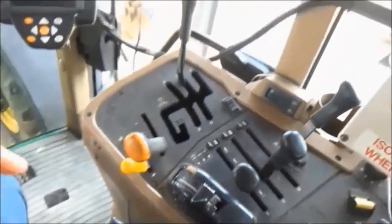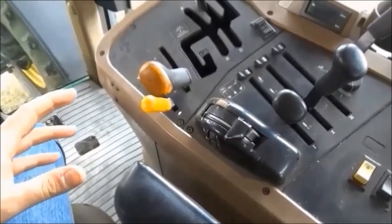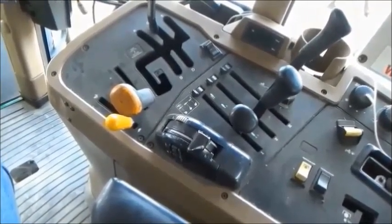And where in the 55 you obviously got the power shift, these were actually available with a power shift as an option, weren't they? Yeah, they were. You could get 19-speed power shift. However, I think the best part of these